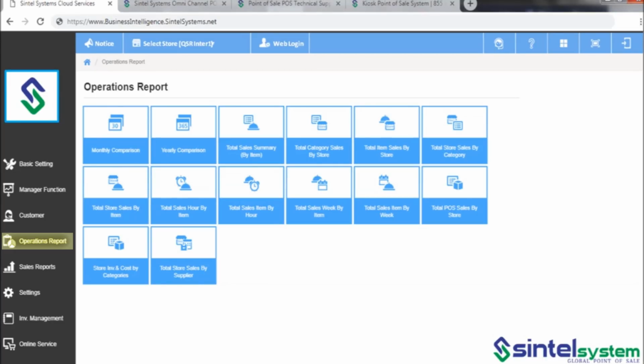Operations Report is the fourth section on the left, with 14 features. This section offers reporting by various categories that are typically used in comparative analytics. The section starts with monthly comparison, yearly comparison, total sales summary by item, total category sales by store, total item sales by store, total store sales by category, total store sales by item, total sales hour by item, total sales item by hour,